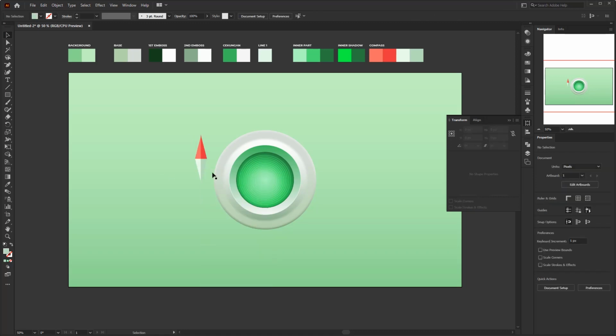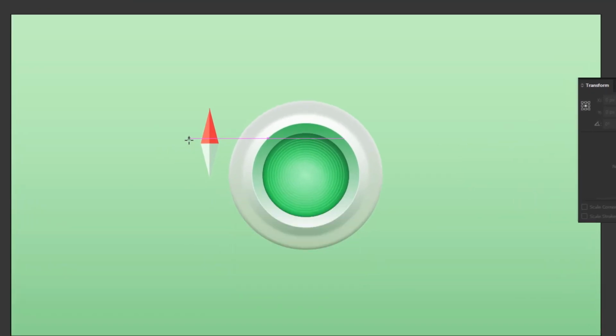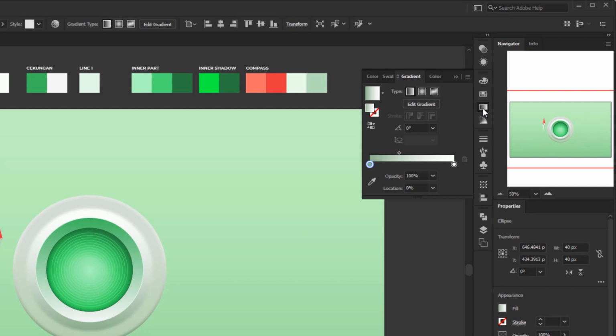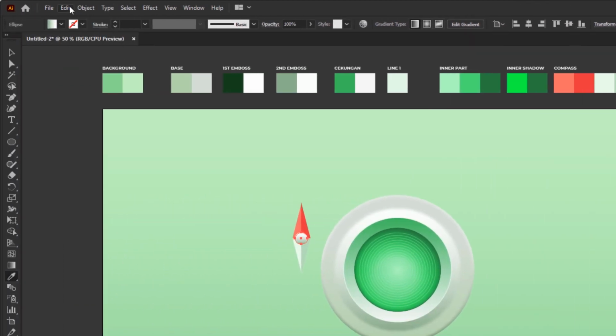When it's finished, we just give it a pin in the middle. Create another circle with a size of 40 by 40 pixels. Place it in the center of the compass needle. Use the eyedropper tool to sample the gradient colors of this second embossed effect. In the Gradient panel, make sure the angle is at 90 degrees. Go to the Edit menu, copy,